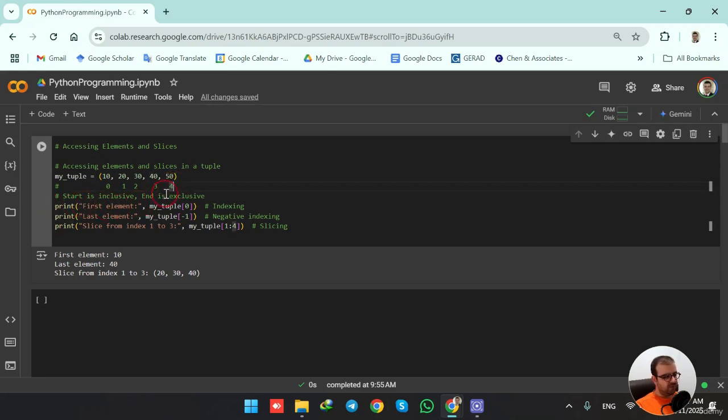So now we would like to access the first element in this tuple. To do that, I'm using the print function, and in the parentheses I have two parts separated by a comma. In the first part, I'm typing down the message saying "first element," colon. Then I type down the name of my tuple,